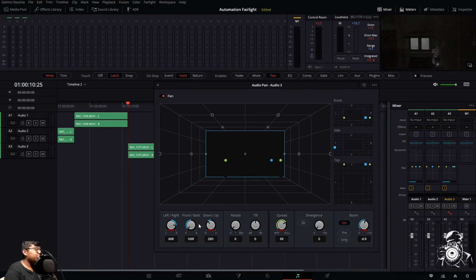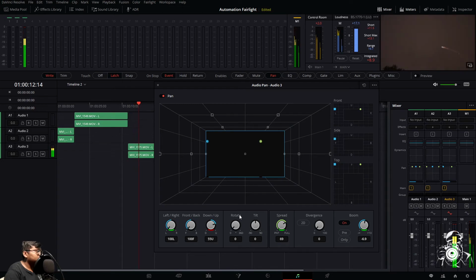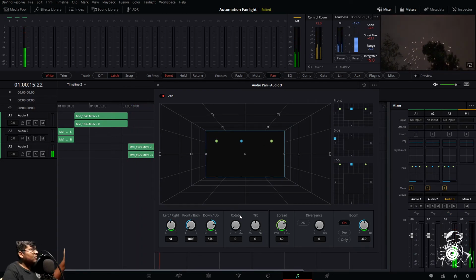Okay, little bit down. See, it's overwriting the same automation. I've did it 3-4 times, but when you click on hold, it will remove all the automation from that track and place a new one. So that is a good thing.